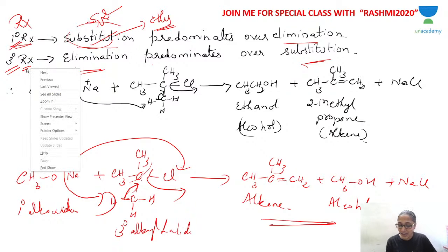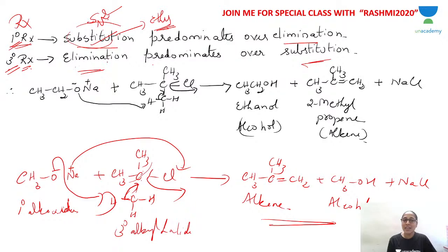If you take a tertiary alkyl halide, the elimination reaction predominates, and substitution will not take place. The Cl group leaving as Cl minus will not be substituted by the alkoxide ion. Another H plus will be eliminated. Cl is eliminated, H plus is eliminated. Dehydrohalogenation takes place. Dehydrohalogenation, in other words, is called an elimination reaction. The alkene you get, and H plus is taken up by the alkoxide ion, which is there in the reaction mixture.